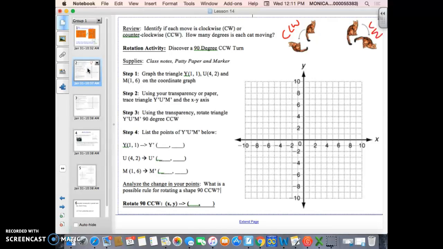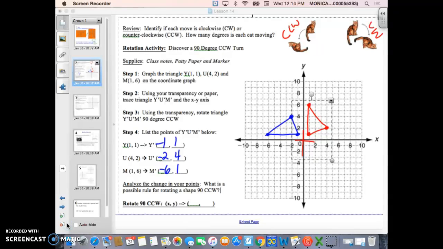All right, and so we're going to do a quick discovery activity, and I'd like you to read through these steps, use this coordinate grid, and then come back and check. You won't learn from just copying, so come back and check to see that you did it correctly. So here, the red triangle is the pre-image, and then the blue triangle is the post-image or the image. So I wanted to show you, if you use patty paper and you actually trace this, you can rotate it,